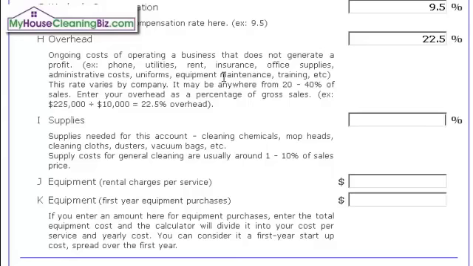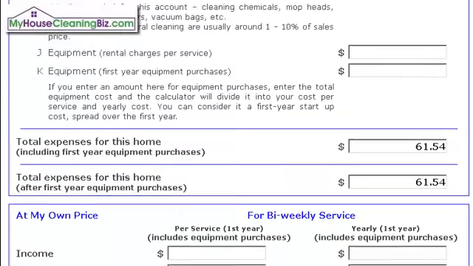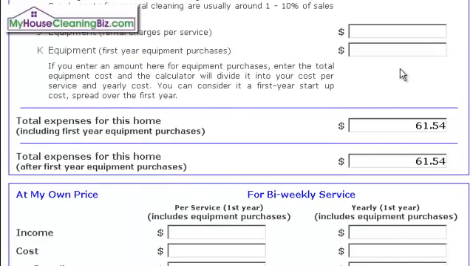Supplies, you would enter this as a percentage. Typically it's going to be anywhere from 1 to 10%. I think most companies it's 2 to 3%, so we're just going to enter 2% here. Now equipment, typically this isn't something that you will enter into the calculator, but we have it available if